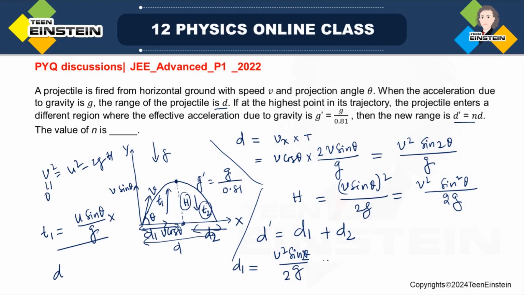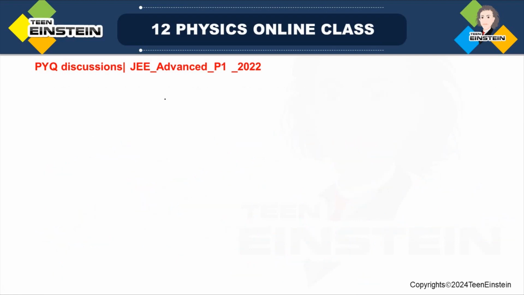So this will be d by 2. Look, this is v square sine 2 theta by g. You have got this t. So this is actually d by 2. Now to find out d2, we have to write t2, that is the time of descent, into v cos theta. Let us find out this time of descent. Okay, so time of descent you can find out